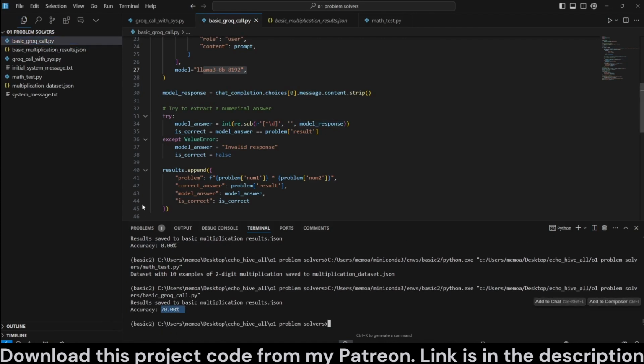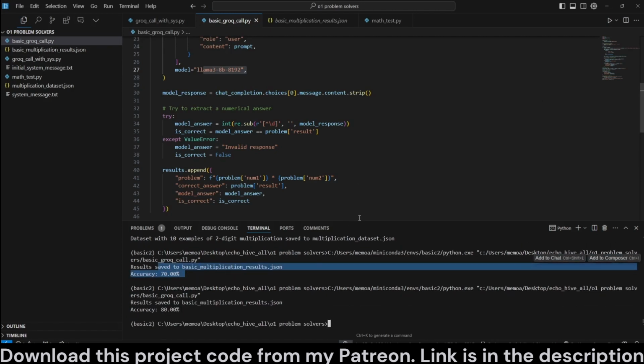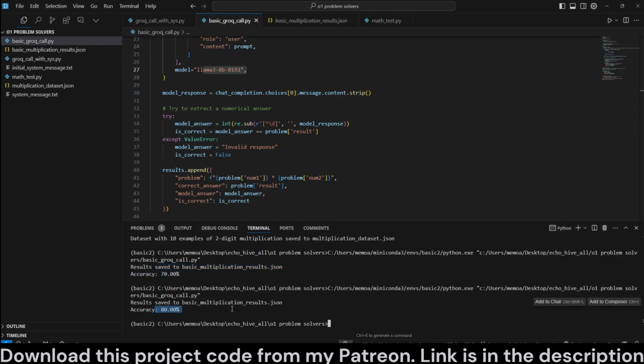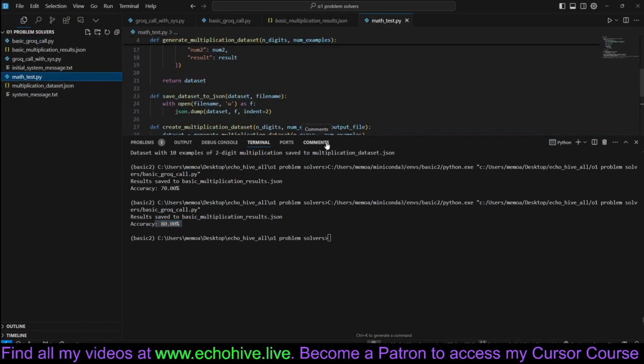70%. Okay, maybe this is... Let's run it again, see how it does the second time. Just to see if we get... Oh, see, this time it's 80%. So we're going to get some variability. So therefore, let's create